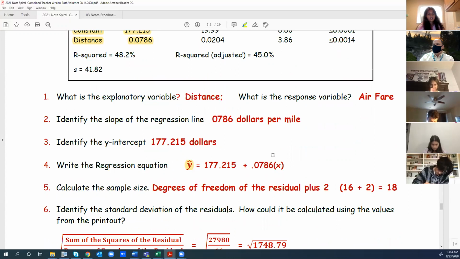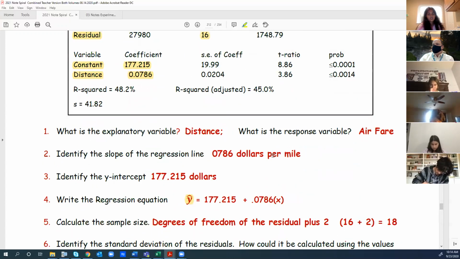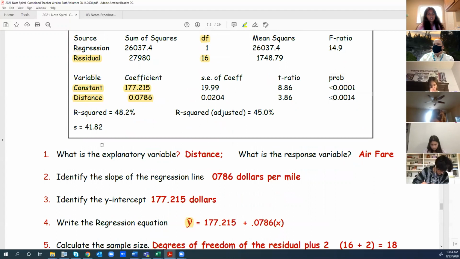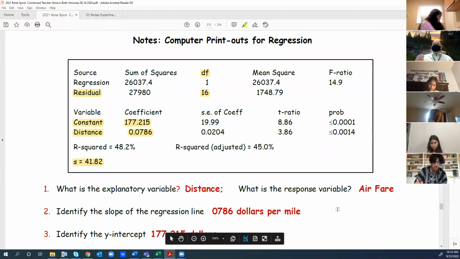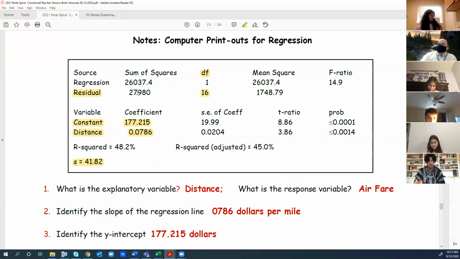Identify the standard deviation of the residuals and how it can be calculated using the values from the printout. First off, they're really nice to you. They give you that value. That is the standard deviation of the residuals. But what would you do if they didn't give it to you? All right. All you need to do is you take